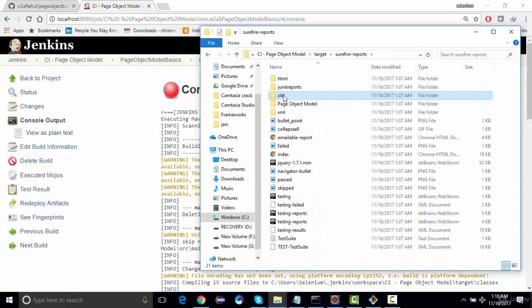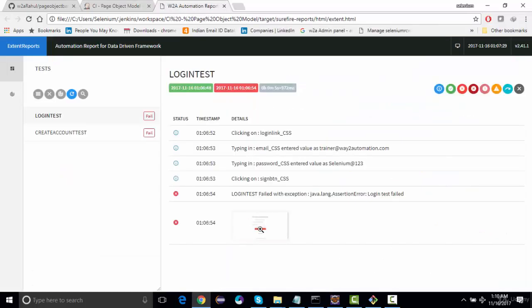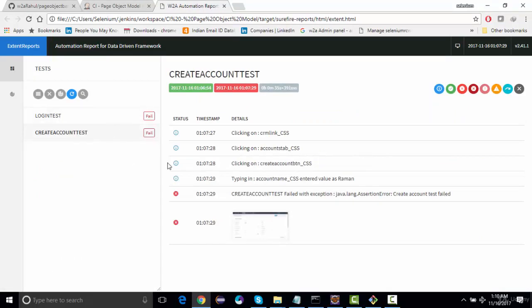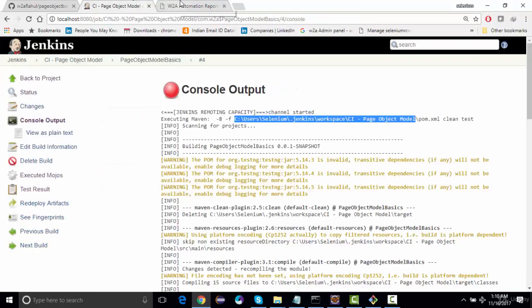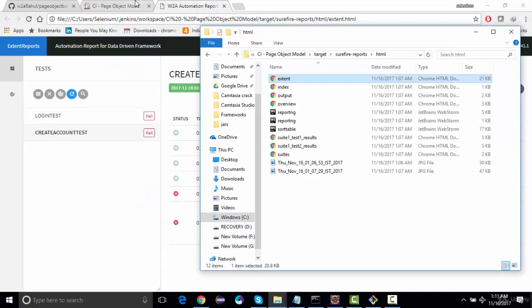And here you should be having your report, the HTML and extent report. So here is your report, right? What got generated just now, right? So what we can do, we can see if you've matched the timings. These are the recent timings, the latest report that got generated. So what we can do is we can just copy this